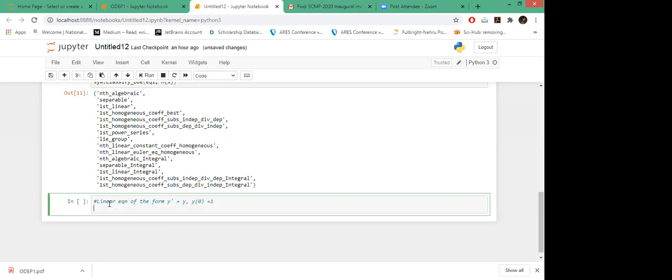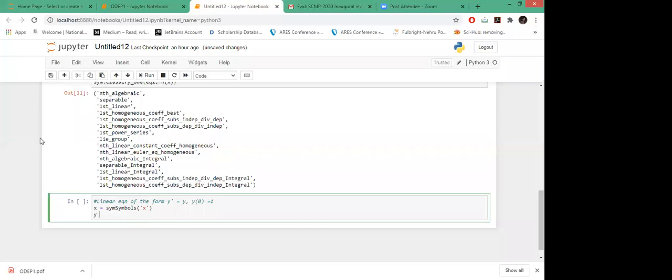Okay, so let's see how we'll proceed. First we need to define the variable symbol, basically sym dot. Okay, and then I will define my function in the form of y. And then this is my function.